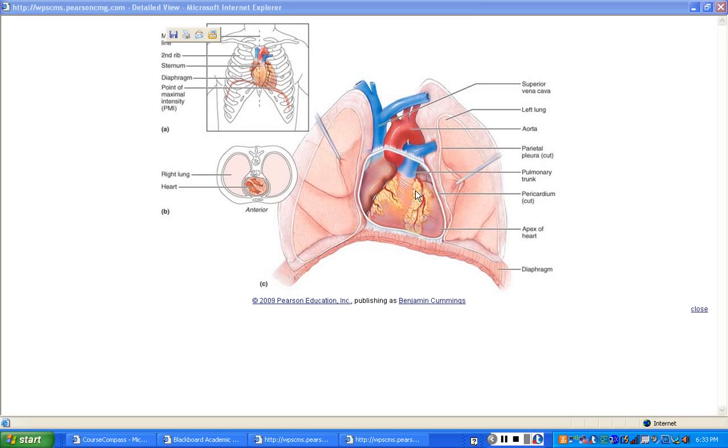See it in the picture? There's the diaphragm right there, and there's the heart right there. It's between what organs? The lungs. It's about the size of your fist. Some people have big hands, some people have little hearts. Who knows? It's about that size. Its job is to